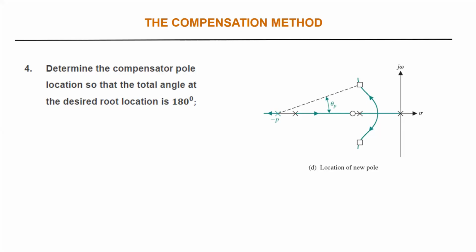Next, I have to determine the pole of the system. Look, I don't know the location of the pole. Suppose the pole is somewhere in here. Now, by applying the angle condition of the root locus at the desired point, I can determine theta p. For example, this is the original system, I have 1, 2, and 3 poles. Now I'm adding to them this zero and this pole. The angles I am going to have here: this is theta p1, and this is theta p2,